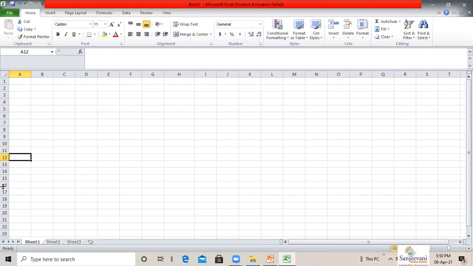Now, Alt plus Page Up will take me one screen to the right in the worksheet. So I'll click on Alt plus Page Up. It will take me one sheet right, and Alt plus Page Down will take me one sheet left.